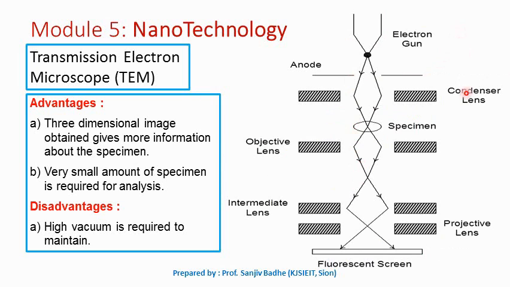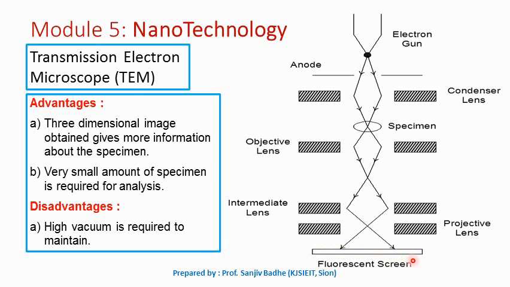This is a schematic diagram showing the construction of a transmission electron microscope. So here also we can see the electron gun, which produces the beam of electrons. The anode is used to accelerate these electrons towards the sample. We have condenser lenses, which focus the electrons onto the specimen at the specified point. Then we have objective lenses and intermediate lenses, which are part of the image producing system, and at the end projector lenses to provide further magnification.